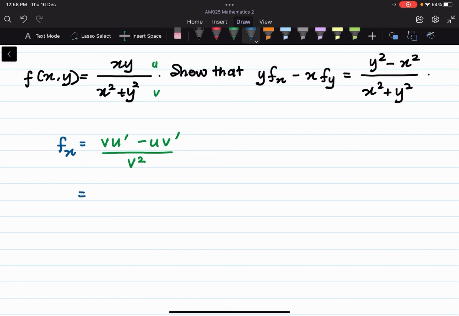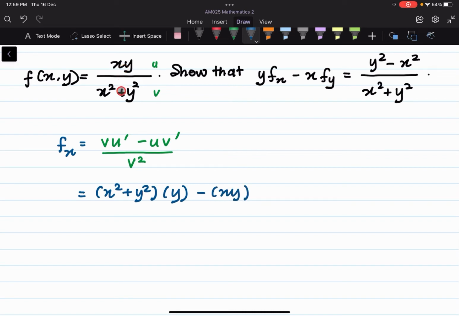So v is x squared plus y squared. Differentiate xy with respect to x is y, using the constant multiple rule. U is xy,